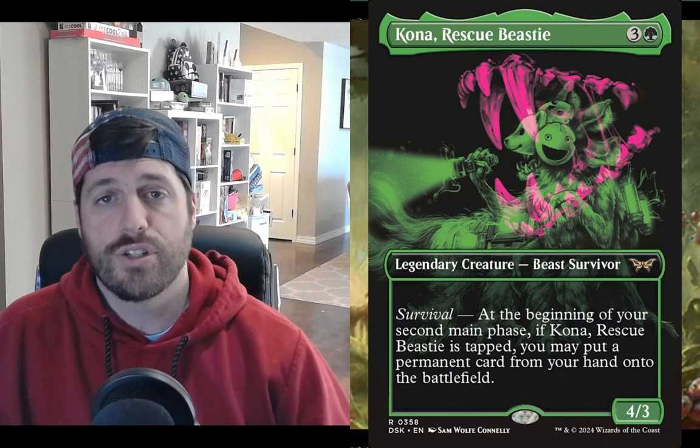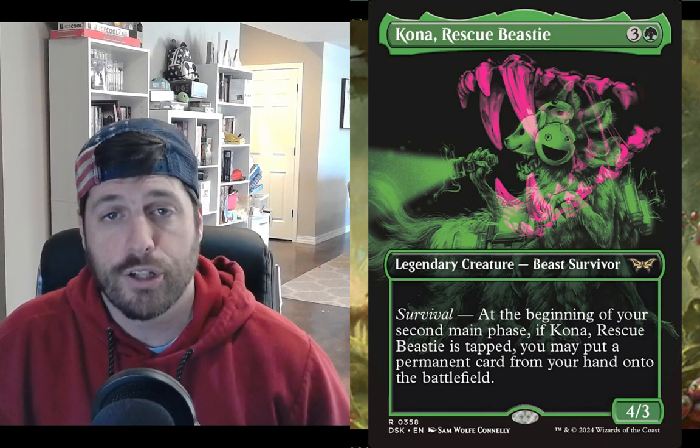So this is all about big green things, right? We have lots of enablers to actually tap Kona so that he doesn't necessarily have to swing in, and we can get a trigger as soon as he comes onto the battlefield. We have a ton of ramp, so if Kona isn't there, we can still play our stuff, and we have some random other things that we are going to take a look at. Let's get into that first category, which is